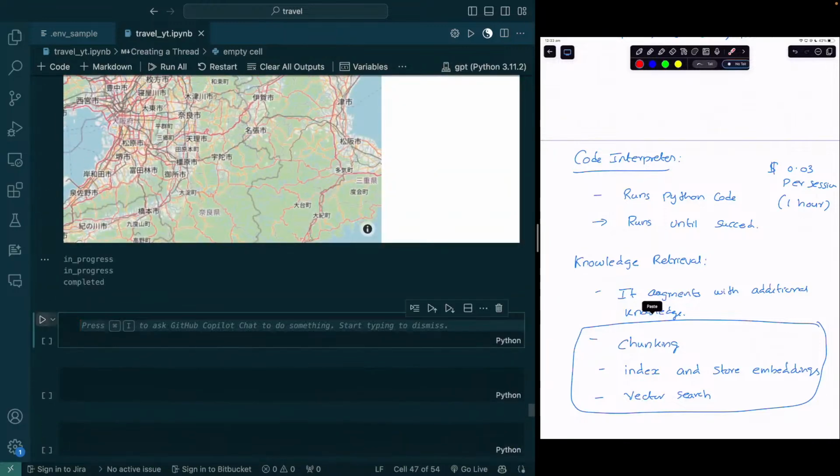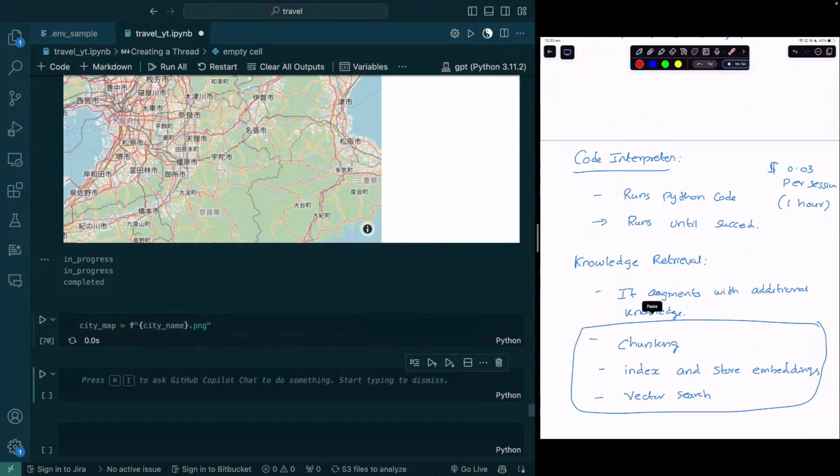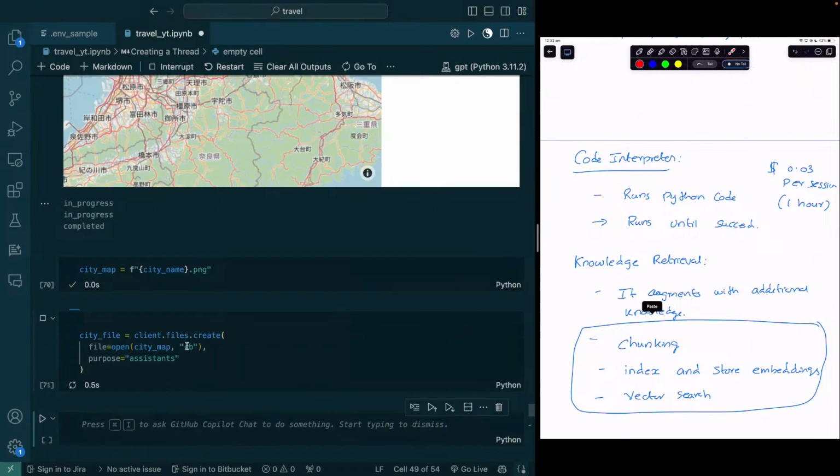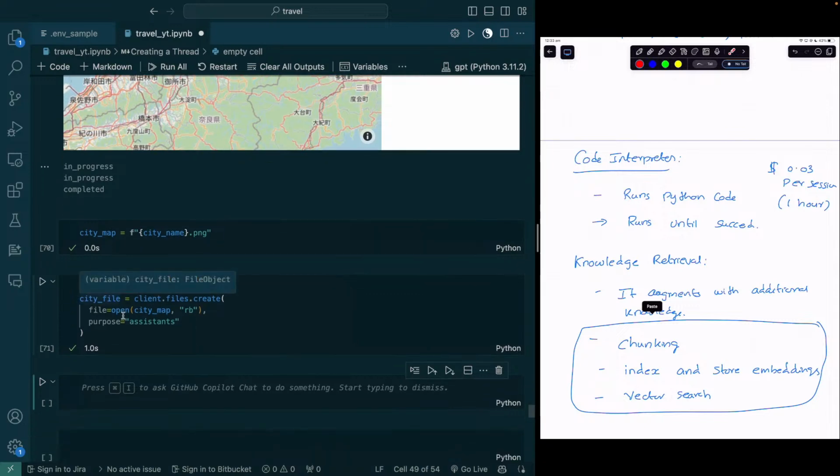Okay, it's completed. So now I'm going to create one more assistant. That assistant is specialized in creating Word documents. Let's do that. Before that, let's save this image. City file, I saved. Okay, so now I'm going to create a file, city file,